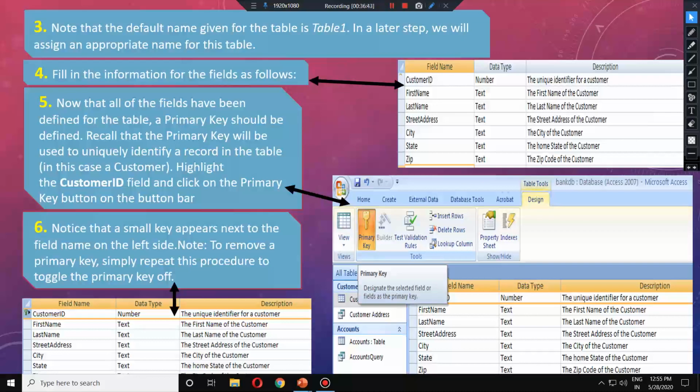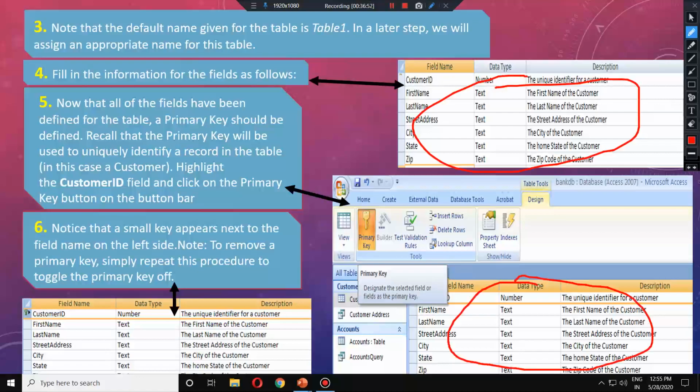Can you see it appears here? Now, primary key is a constraint which checks whether uniqueness is there or not, whether the record is unique or not. So what are the main fields, main columns which can be defined as a primary key?